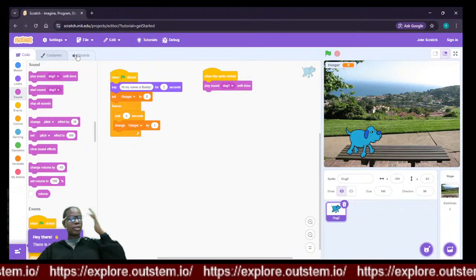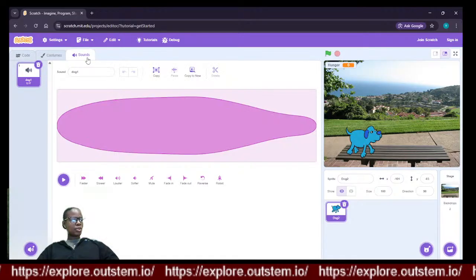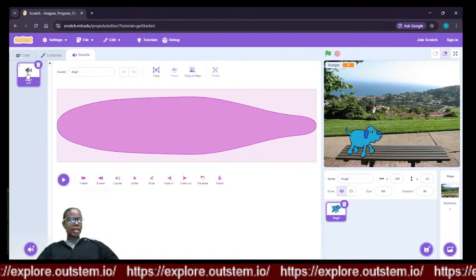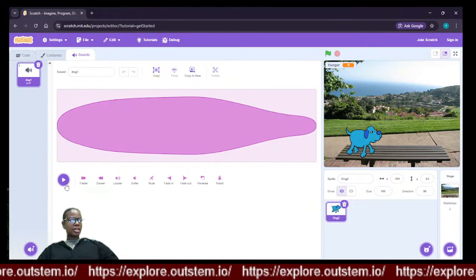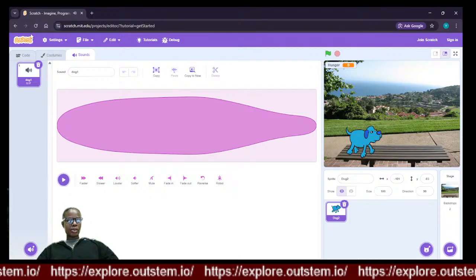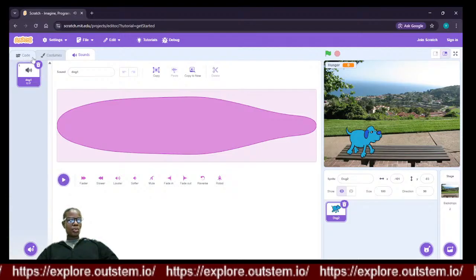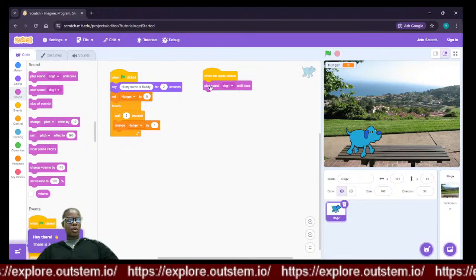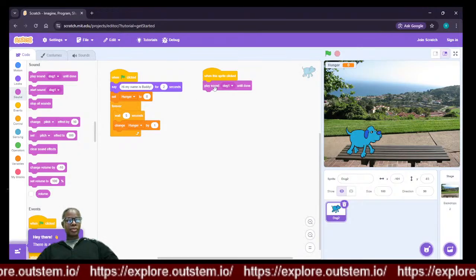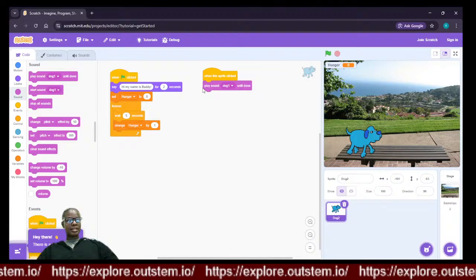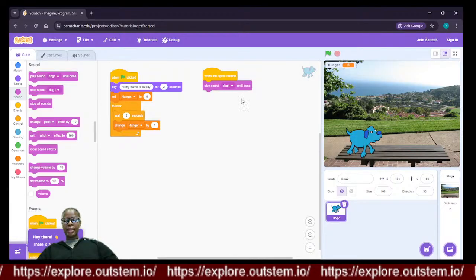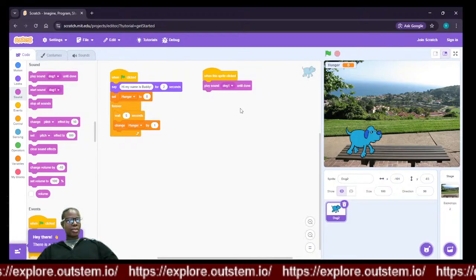So you guys remember this section right here at the top, it said sounds. If we go here, you can actually hear what sound a dog is making. It's like a little bark sound. So this is the sound that we're going to be using. We're going to play that sound until done, meaning the sound is going to play completely. And then the next thing that I want to happen, I want my dog